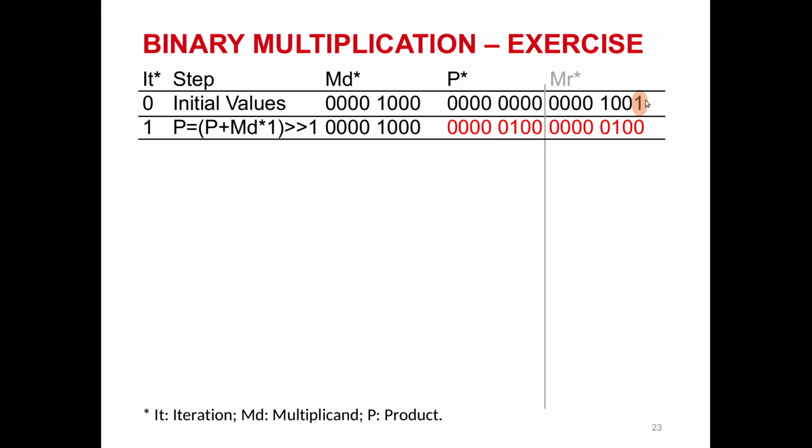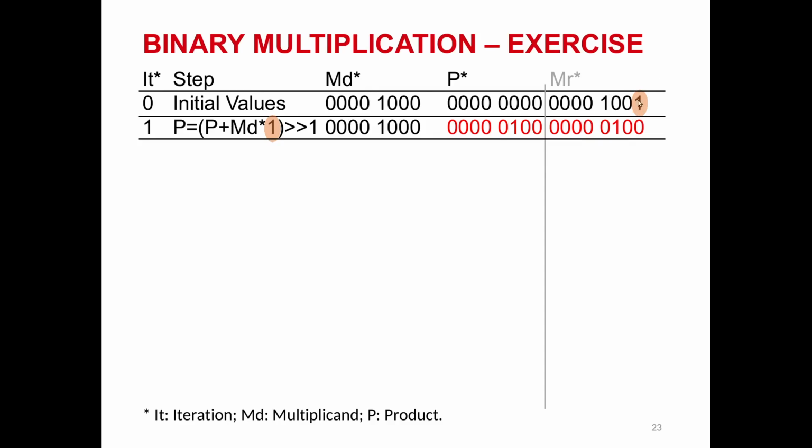This bit 1 will be removed and this bit 0 will be shifted to this location, and so we have the new value of register P here, in which the result for the product should start from here up to here, and the remaining for the multiplier will be started from here to the right until here. And after this step, we can see that